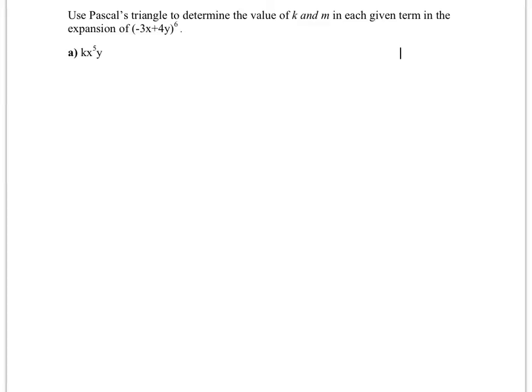So this is n equal to 0 for Pascal's triangle. Then you have 1; 1, 1; 1, 2, 1; 1, 3, 3, 1; 1, 4, 6, 4, 1; then 1, 5, 10, 10, 5, 1. I need one more row, and that's 1, 6, 15, 20, 15, 6, 1. Now,